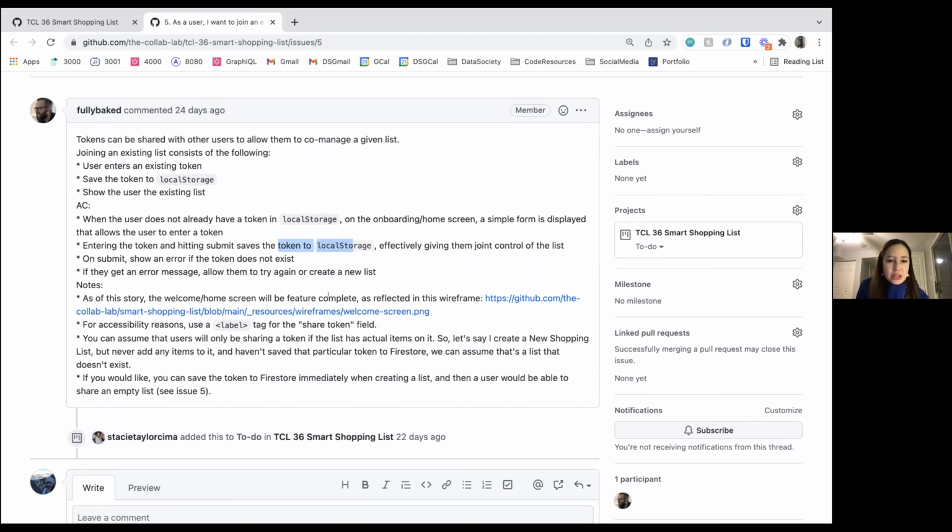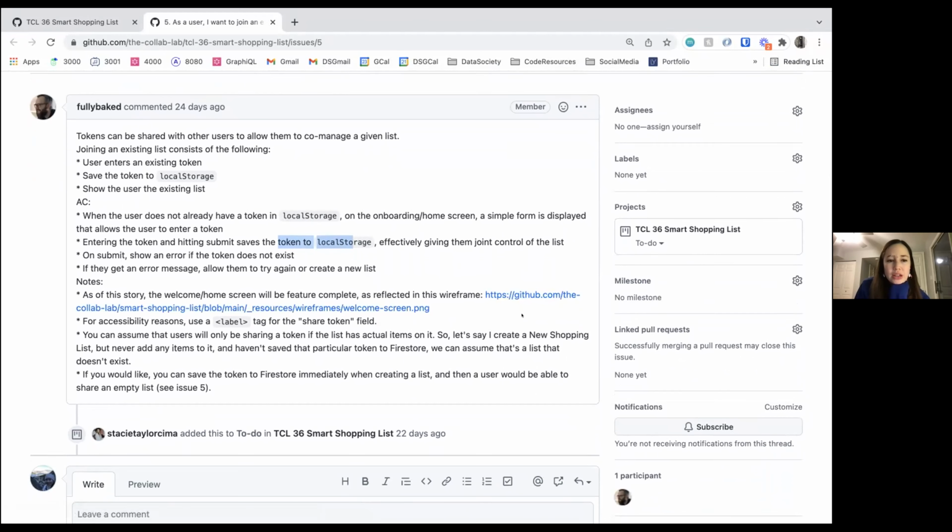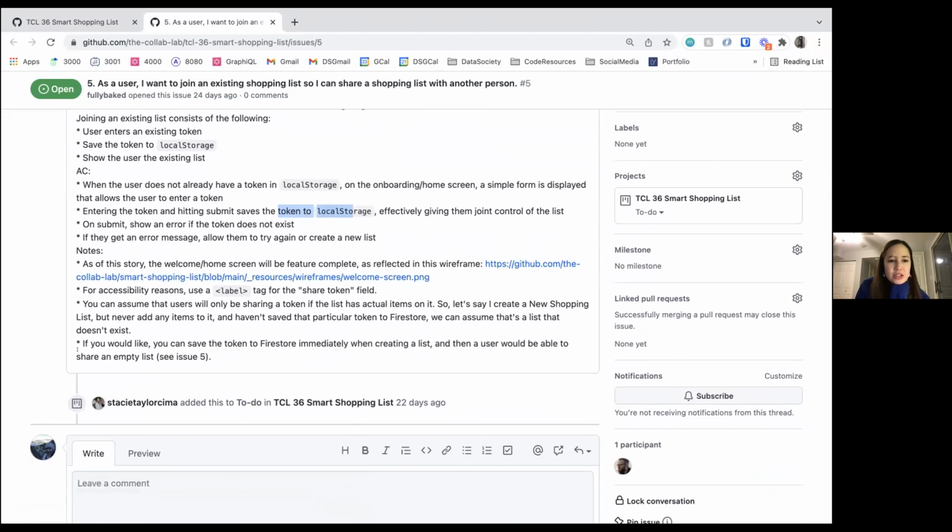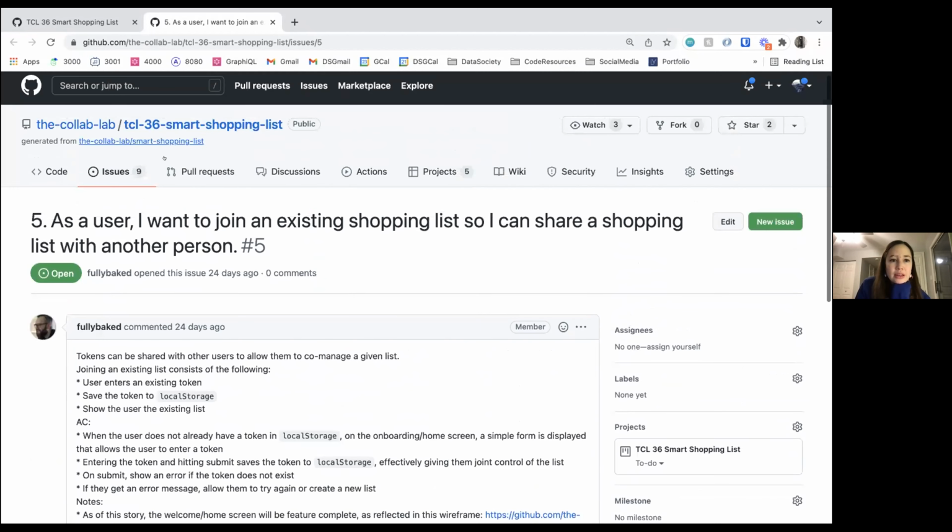And there's a couple of notes here. For instance, I think this was in a past ticket, but a basic wireframe, you can start to get an idea of what you're going for. And two options here as well. You can either save to Firestore only if the list has something, or you can save to it when it's empty. So just some options whoever gets this ticket can talk through. And then the other ticket,